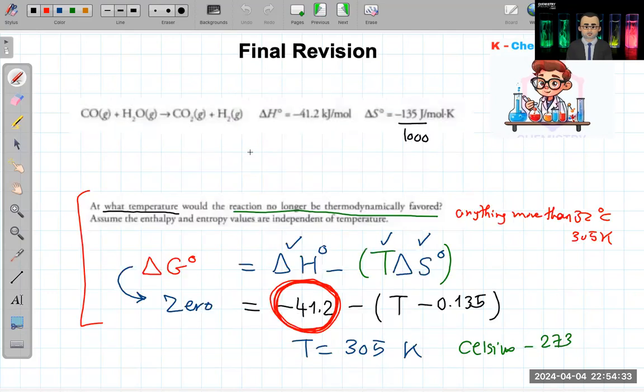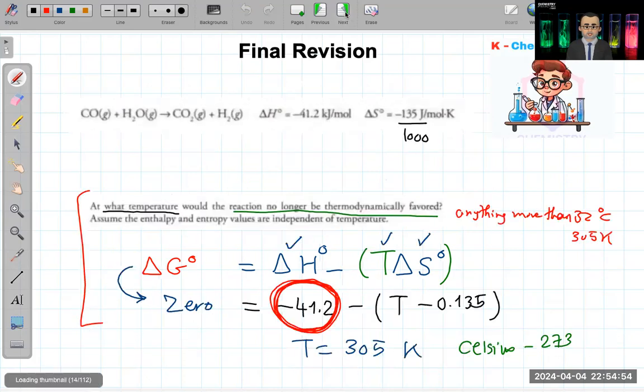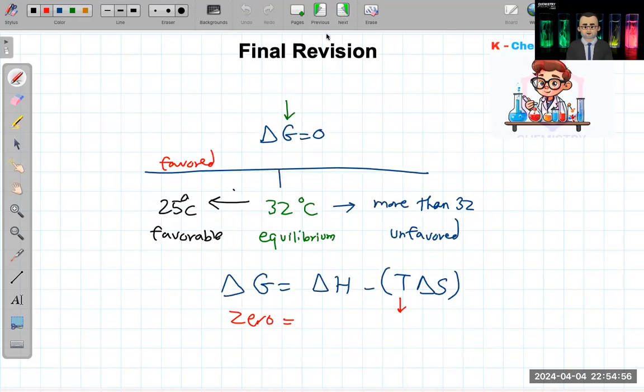Look, in my example, delta H was negative and delta S was negative, right? What was the example for me? Delta H was negative. Delta S was what? Negative also, because when you multiply this one by this one, it gives negative. When the temperature is low, meaning 25 and less, it turned out to be favorable. Then when the temperature increased, when it becomes 32, 33, 34, 35, it becomes unfavored.